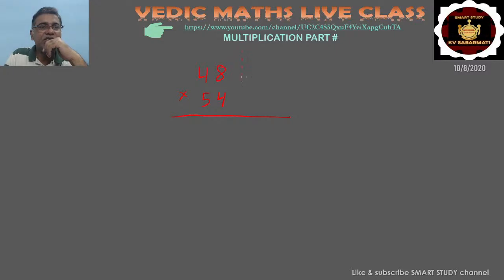Okay, so here also same thing. Here our working base is 50. Okay, here I am writing WB, working base is 50. So 48 is 2 less. If it is less, then I have to write minus 2. That has to be very, very clear, beta. And here it is 54. 54 is 4 more. So I will write plus 4.